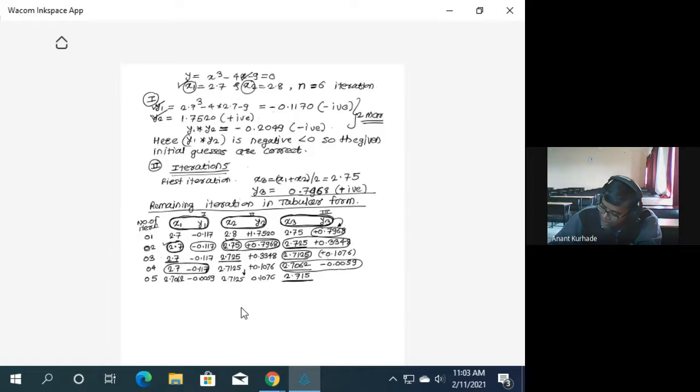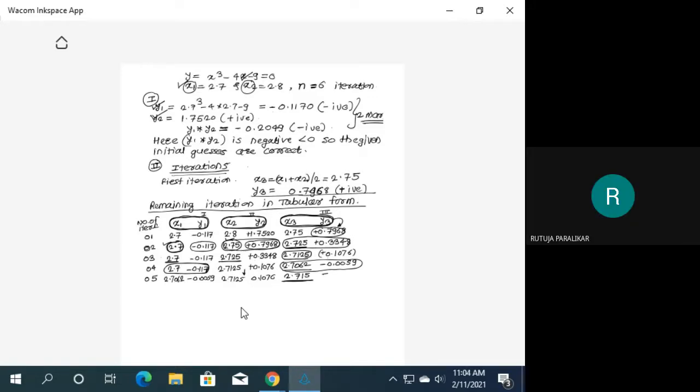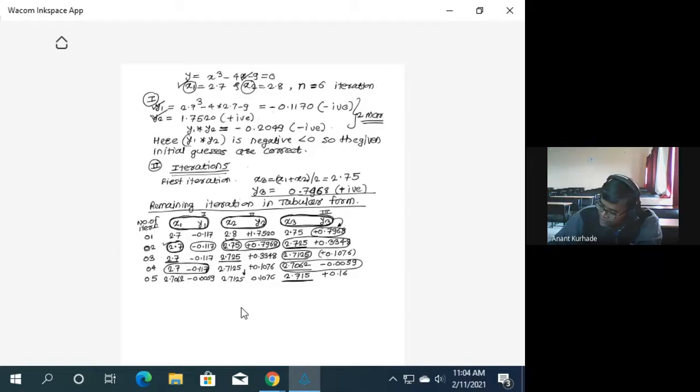Plus or minus? Very important. Plus 0.1637. Now see, here we have a plus sign, correct? So for the next iteration, replace what to what? Plus to plus. So we are performing iteration number